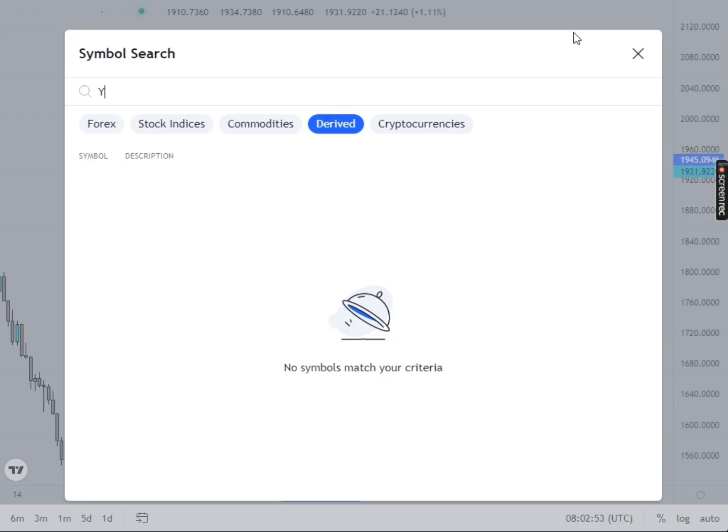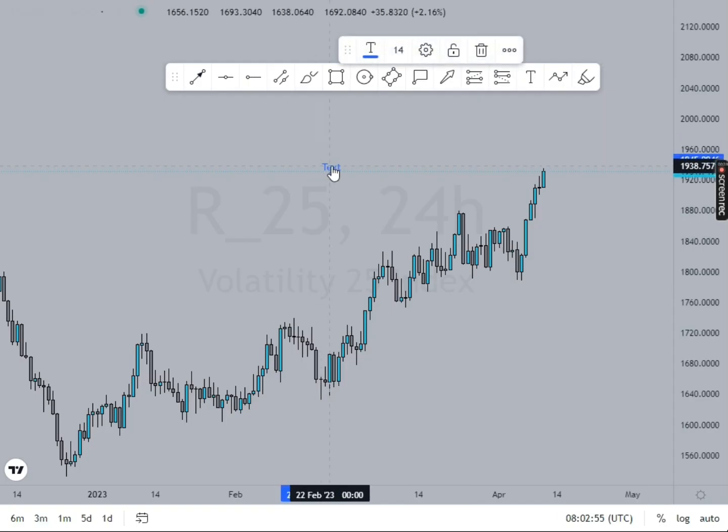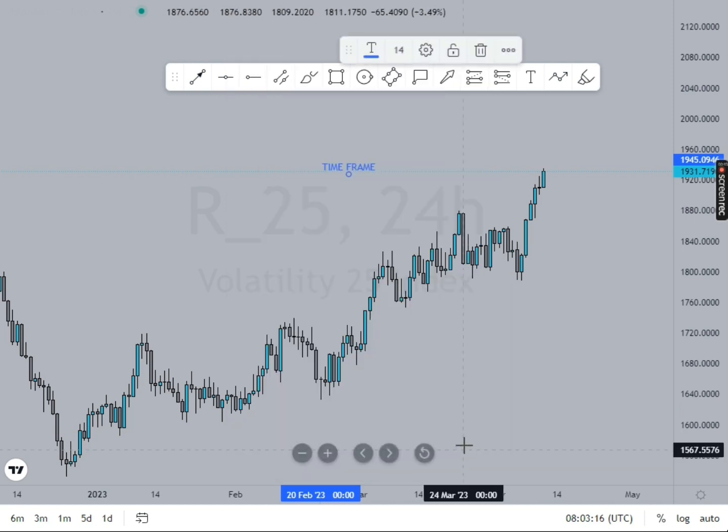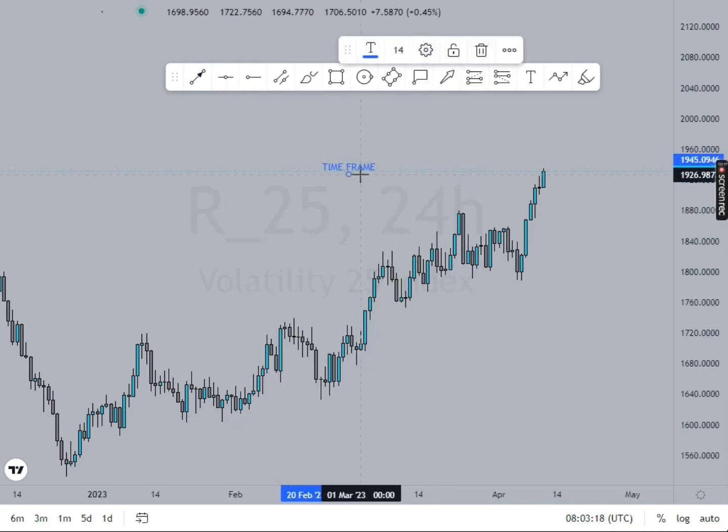Once you understand how time frames work, you need to know that the amount you have in your account determines which time frame you're supposed to take a trade on. Okay, time frame, that is the first thing. How does this affect